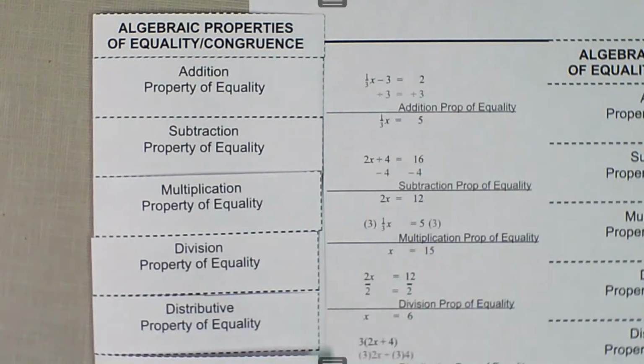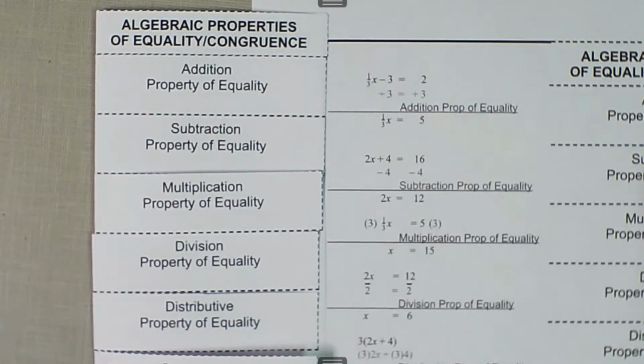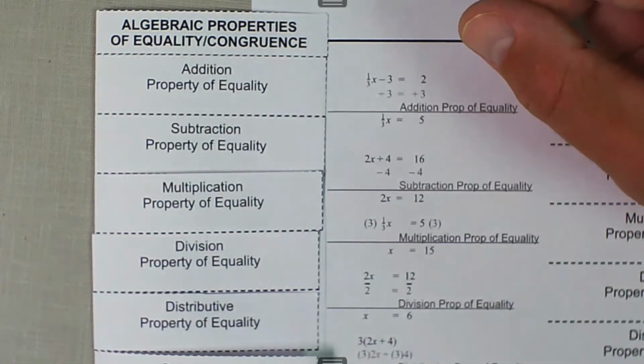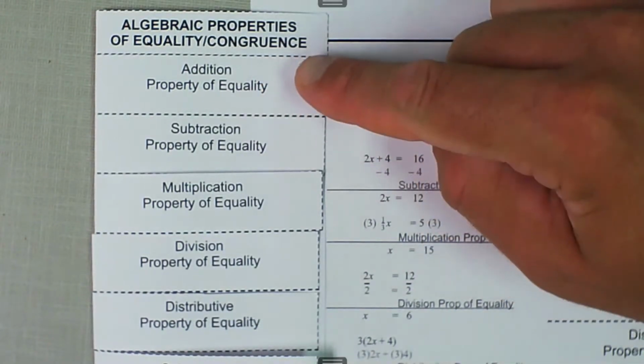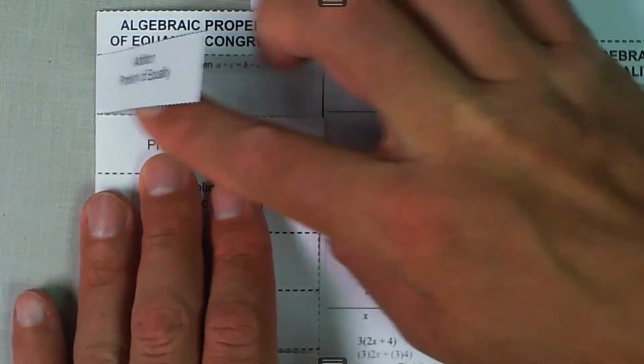Today we're talking about algebraic properties of equality and congruence. Here on the left side we have a little foldable, and on the front it has the name of the property that we're going to talk about. So we're talking about the addition property of equality. And basically it's exactly what it says there. So if we turn that over,